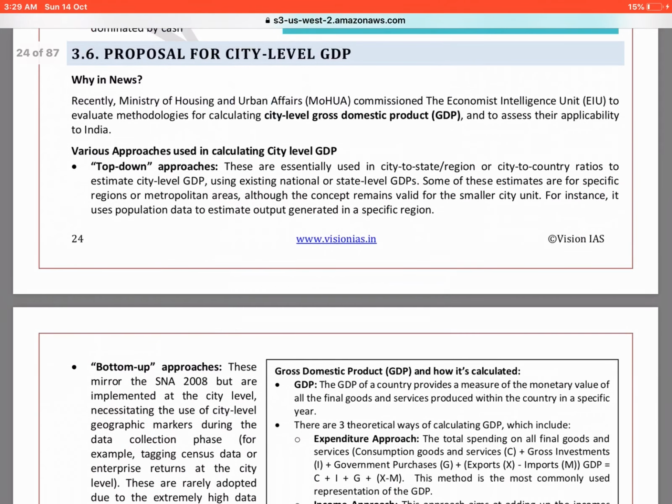Next is the proposal for city level GDP. So this is a very important and very interesting thing. Just like GDP of the center, GDP of the state, there is a proposal for city level GDP also, so that they can find out which cities need a little push. A little push from the government, like by giving them certain incentives or by analyzing their problems. So the government will get to know which are the very good working districts, which can